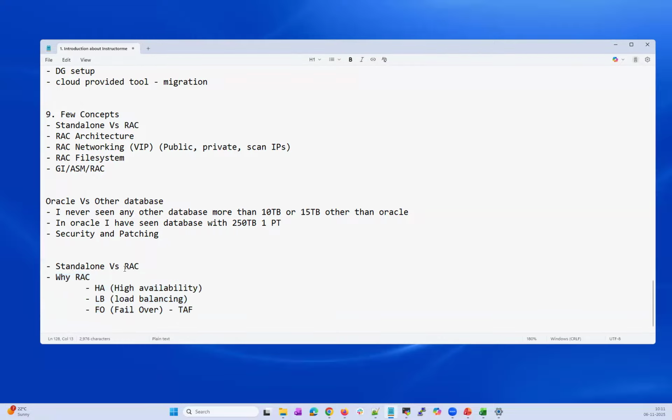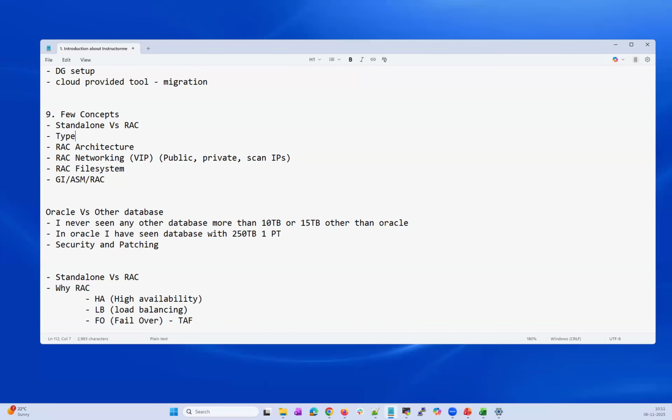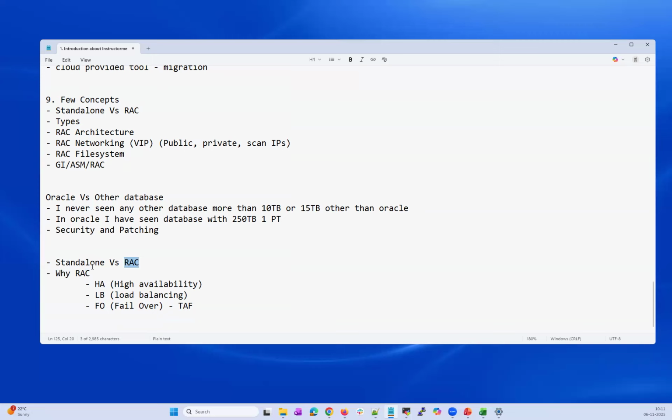So that is for your why RAC. And then other types of databases, let's talk about that concept. Hope that's clear here: why RAC, and what's the advantage of RAC over your standalone, because of these three main features: high availability, load balancing, and failover. With this brilliant feature available in RAC, many enterprise customers run their production workload on RAC, and that's a must.